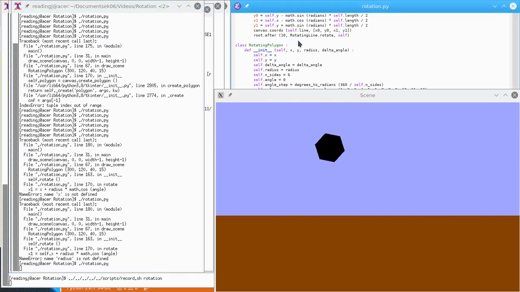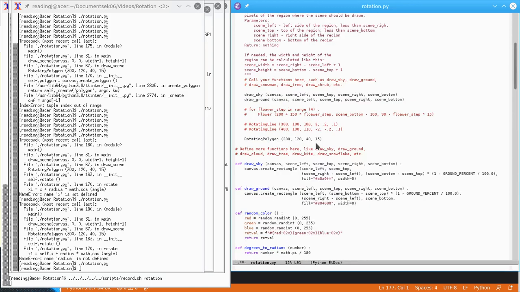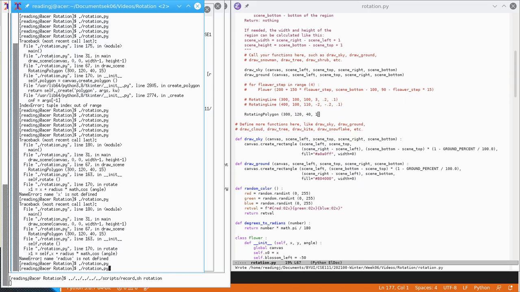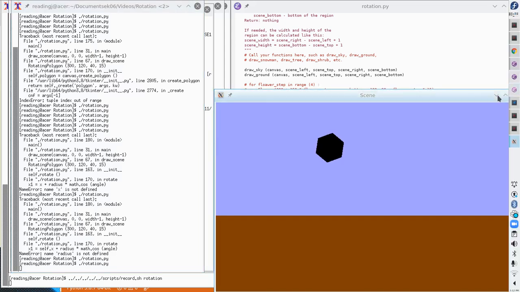Huh. It's going backwards. It's because I forgot to reverse the y. And let's make this faster. And let's make the delta angle. Where did the delta angle go? Let's make that much smaller. Let's see what that looks like. Still going backwards. Why is that going backwards? Huh. Well, anyway,